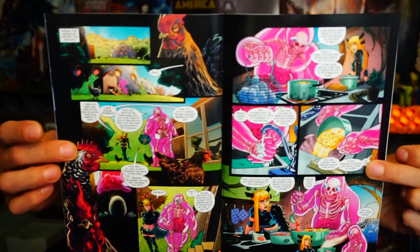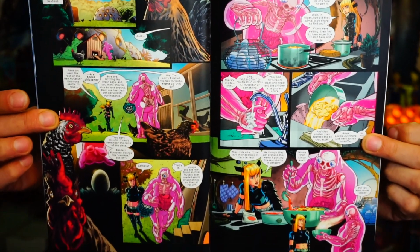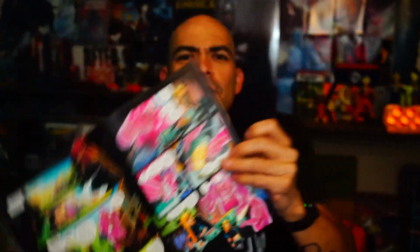And then we get back to Krakoa with Glob and Magic as they're there. Magic is there asking what's going on with the New Mutants. Where is everybody? What are they doing? And that's when Glob goes in and kind of tells them, because she was also asking about the situation in Nebraska. And that's when Glob goes in and tells her about